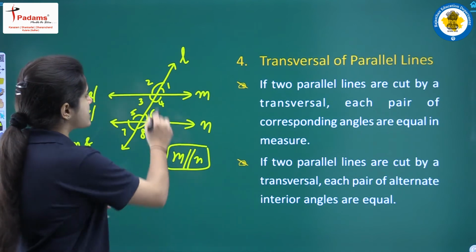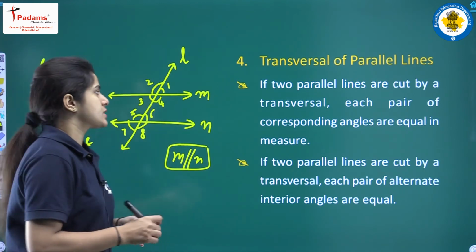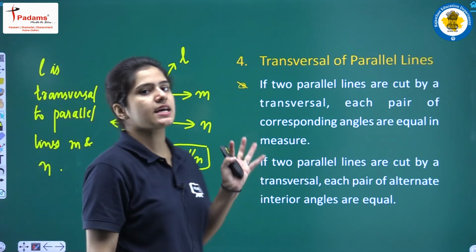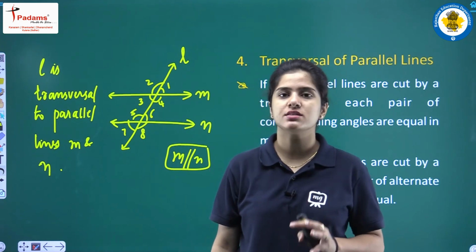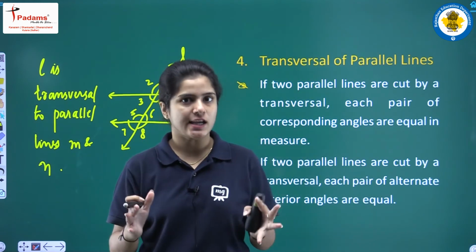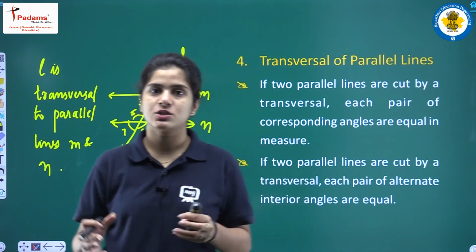Now students, this transversal will make certain angles with the parallel lines, okay. So these angles 1, 2, 3, 4, 5, 6, 7 and 8 are the angles that are made by this transversal on the parallel lines, okay students. Now students, have a look, when this transversal is cutting some lines that are parallel at certain points,